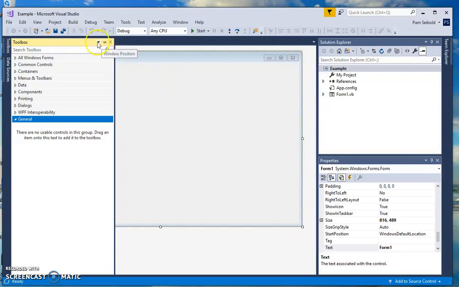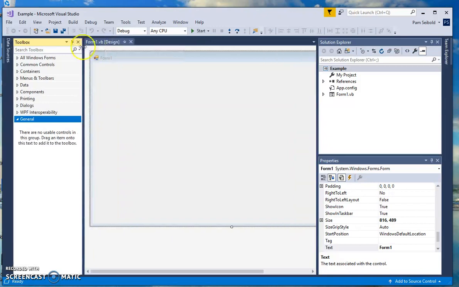Notice that in the middle of the three options in the upper right-hand corner, there is a push pin. When the push pin is sideways, it overlays the form. When you click so that it goes down, the toolbox moves over so that it is not covering the